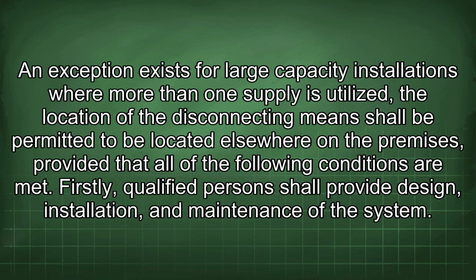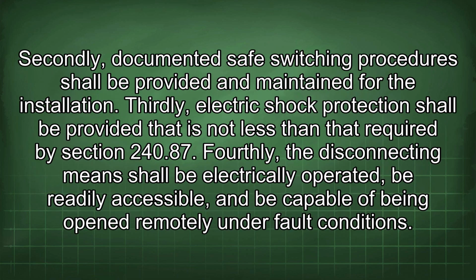An exception exists for large capacity installations where more than one supply is utilized. The disconnecting means shall be permitted to be located elsewhere on the premises, provided that all of the following conditions are met. Firstly, a qualified person shall provide design, installation, and maintenance of the system. Secondly, documented safe switching procedures shall be provided and maintained for the installation. Thirdly, electric shock protection shall be provided that is not less than that required by Section